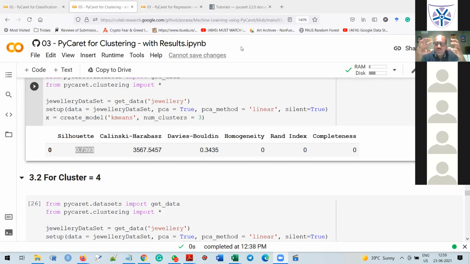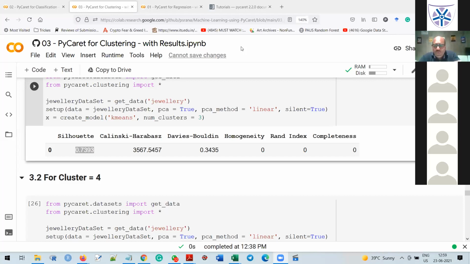Suppose we want to select 4 clusters. Inter distance should be maximum and intra distance should be minimum. Inter distance means the distance between 2 clusters should be maximum, and the distance within the cluster, between data points, should be minimum.